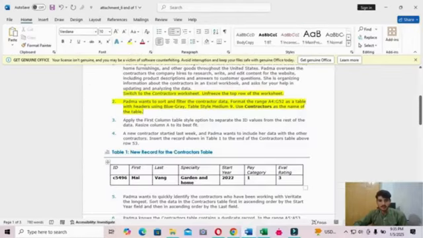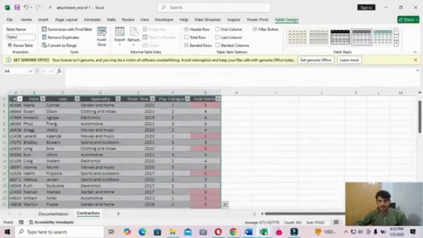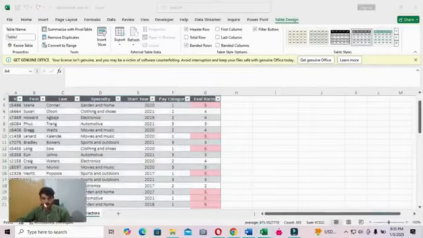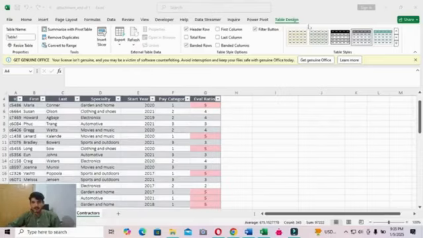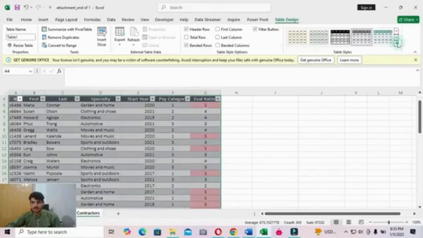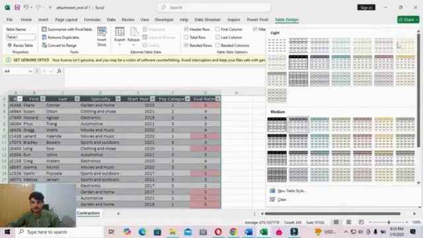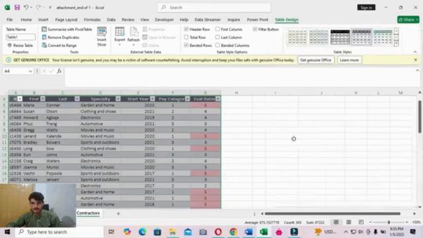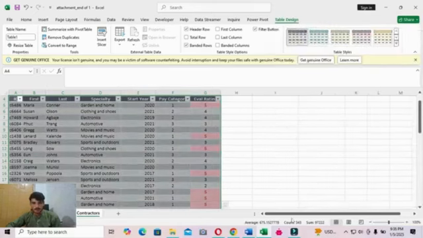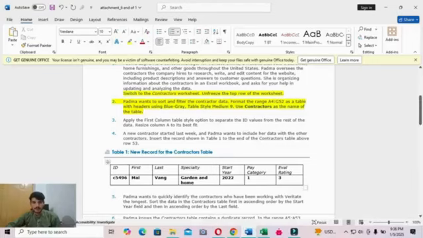And then use Blue Gray Table Style Medium 9. Okay, go to the Design tab, and use Contractor as the name of the table.